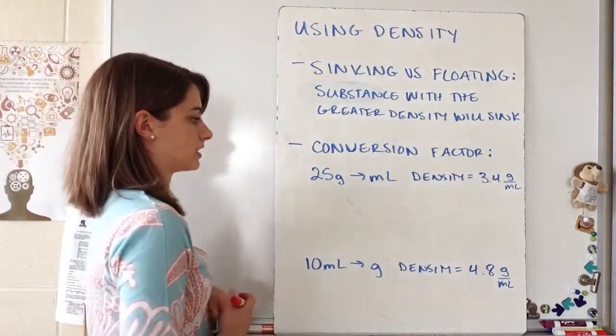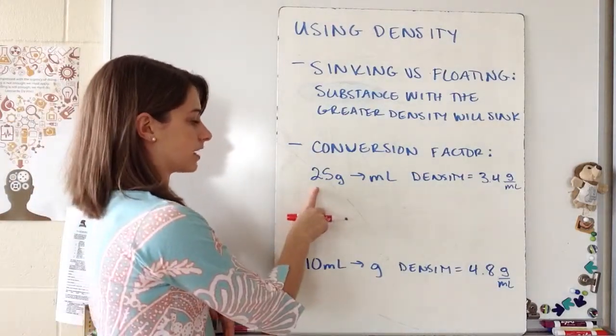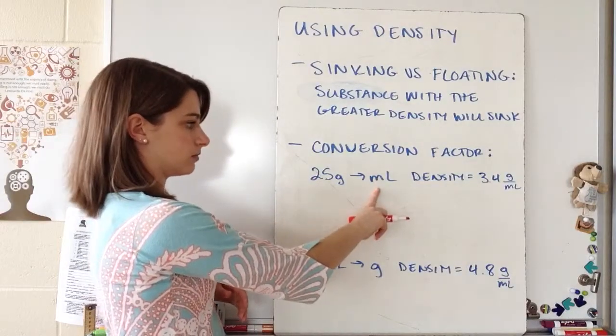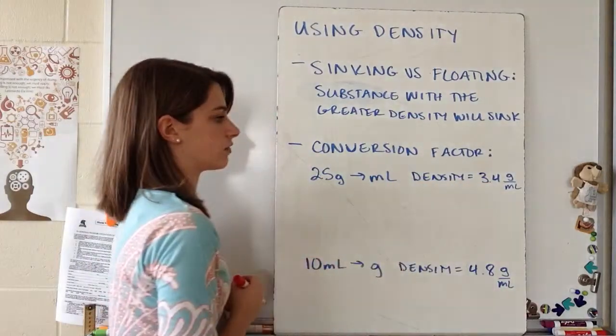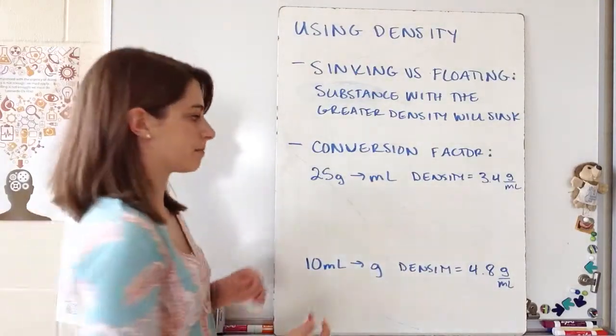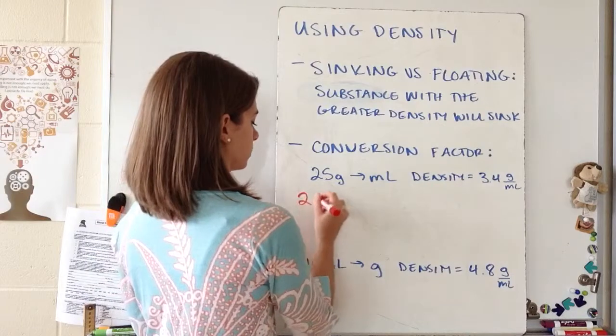So let's walk through two examples. My first example says I have 25 grams of a substance. I want to know its volume, and I know its density is 3.4 grams per milliliter. So I'm going to use dimensional analysis to set this up. I'm going to start with what I know. I know that I have